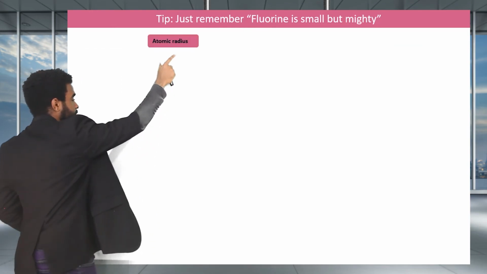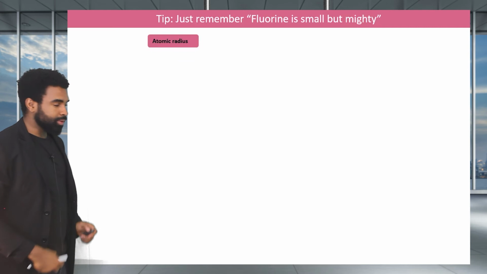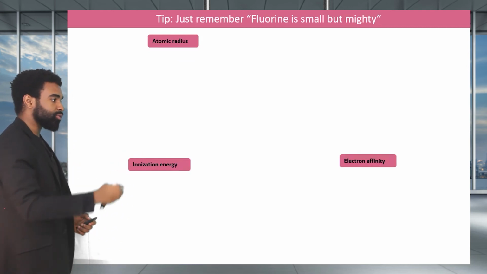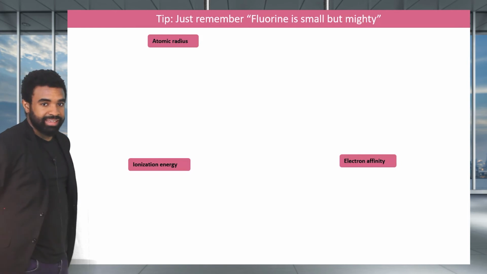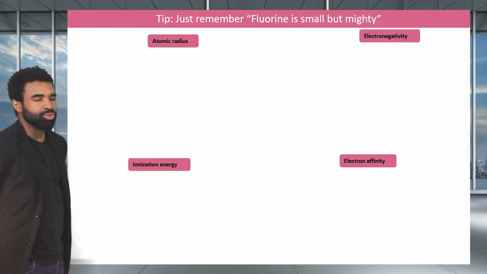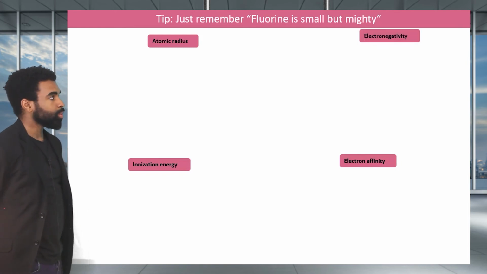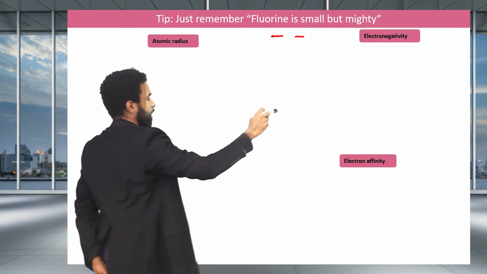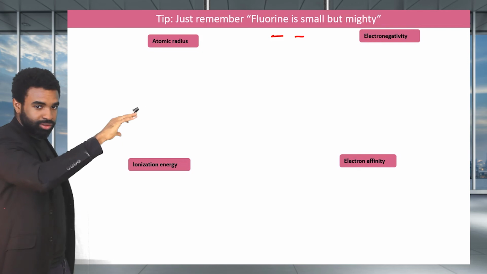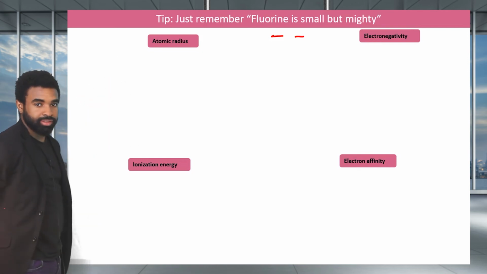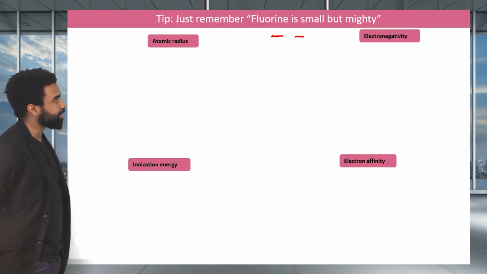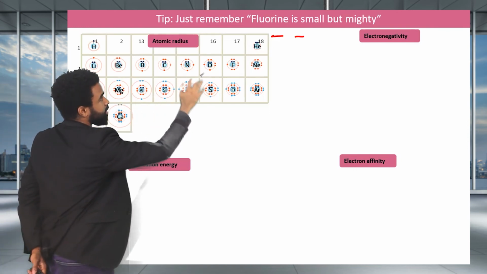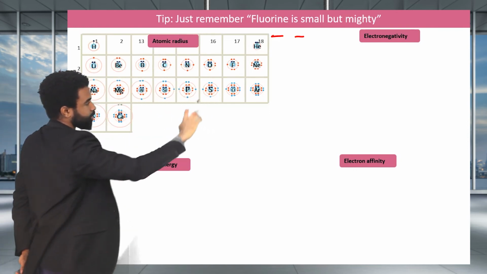We've looked at the atomic radius. We've looked at the ionization energy. We've looked at the electron affinity. And finally, we just looked at the electronegativity. How can you keep track of all of these trends? What I recommend is that you memorize the phrase, fluorine is small but mighty. And once you know what fluorine is, then you can deduce the overall trend, since fluorine happens to be at the top right. So here you can visually see the atomic radii of the first 20 elements, or